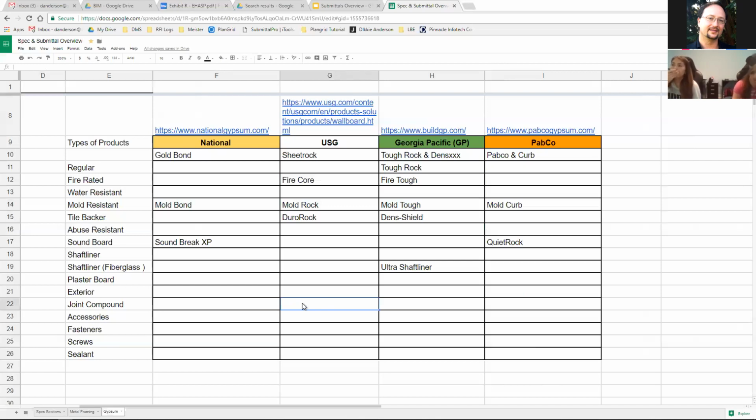Okay? And then they have a thing called all-purpose. All-purpose means that it can tape and top. It's in the middle. It's got a little less adhesive than taping compound, but a little more than topping compound. So all-purpose is in the middle. And we'll go deeper into all the stuff when you're doing your submittals, but this just gives you an overview